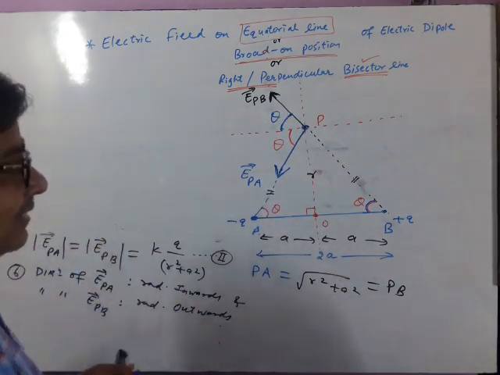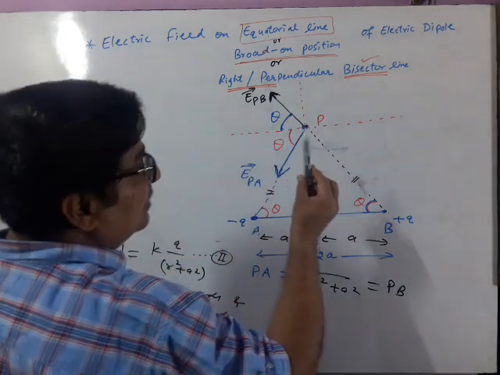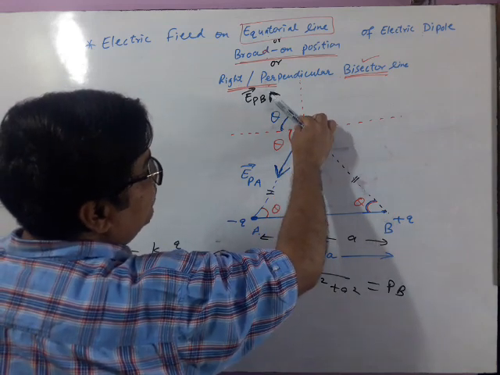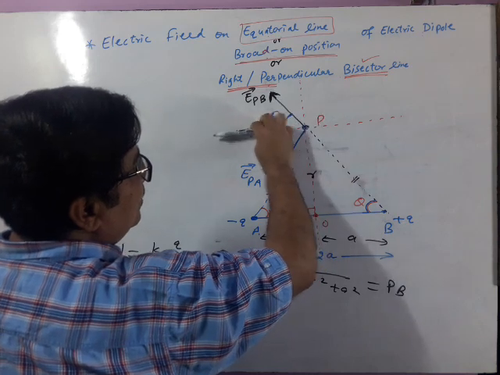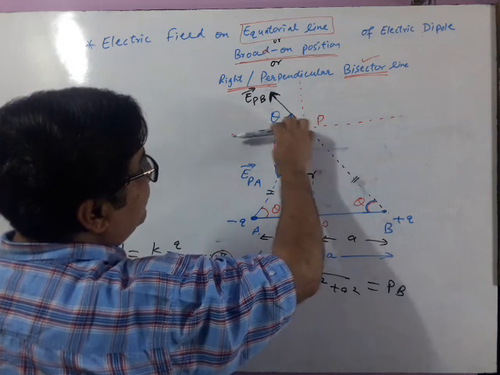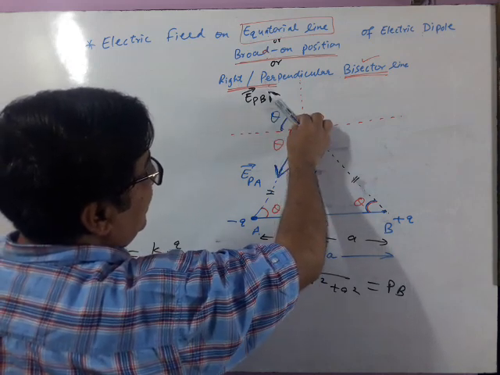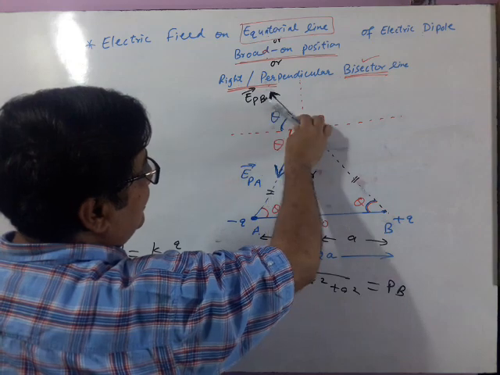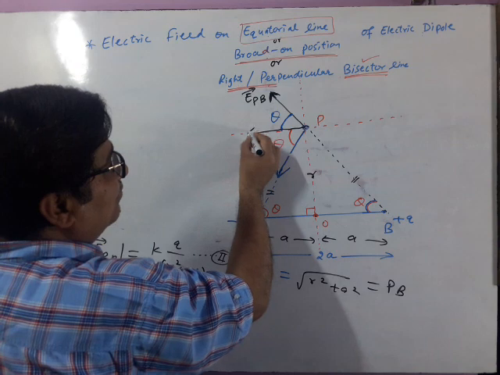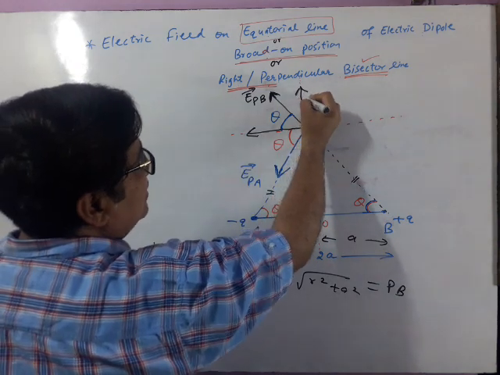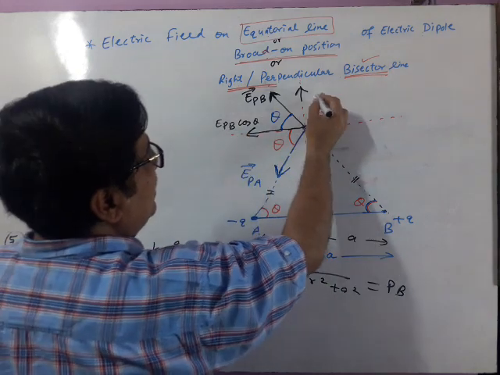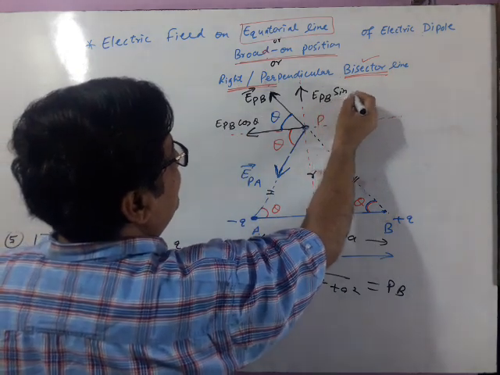Now apply the component technique. Put the tip of the pen in the direction of the EPB vector. Resolve this EPB vector into two components, one on the left side and one along the other side. See, the tip of the pen is very, very important; it gives rise to direction. The EPB vector has two components, one on the left hand side, second on the right. Now it is upward in this case. So this is one component, another is the direction of the second component. This is called EPB cos theta and this is EPB sin theta.